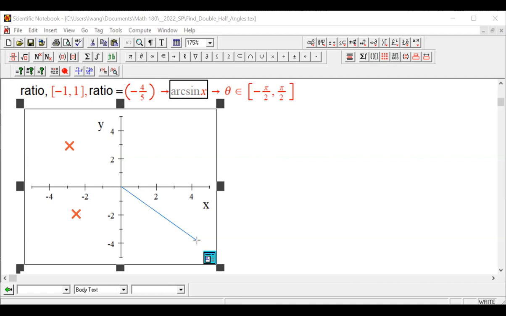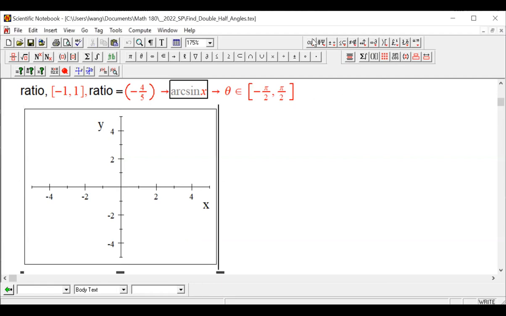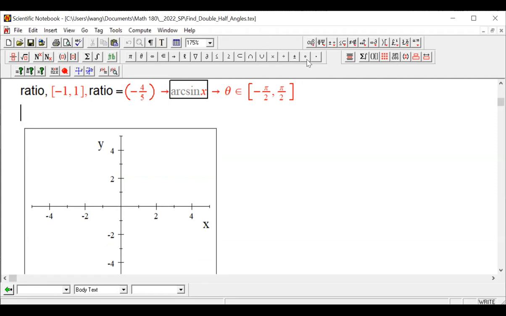And we know it's -4/5, and that's the sine ratio. So this piece of information we get tells us that the angle is in the